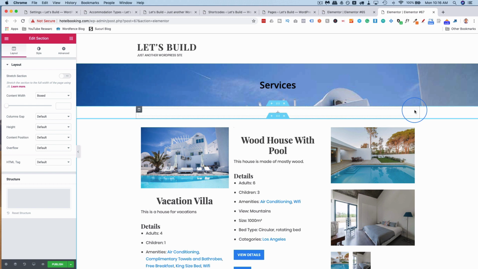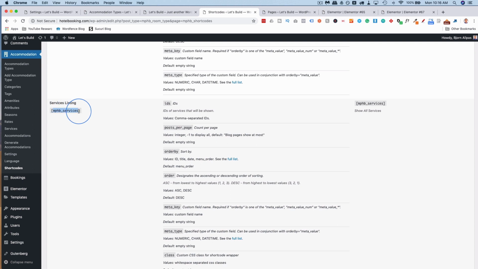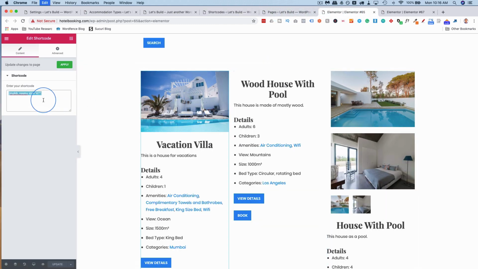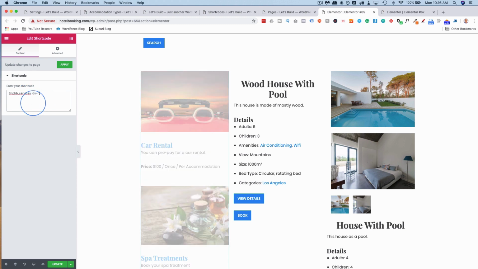Right there. Delete that section. Now we've changed these shortcodes to the services shortcode, and we have to find the IDs of our services. So it's going to be the same IDs parameter. Let's just do the first one and get it how we want it. IDs equal,